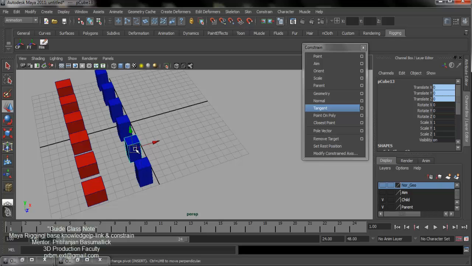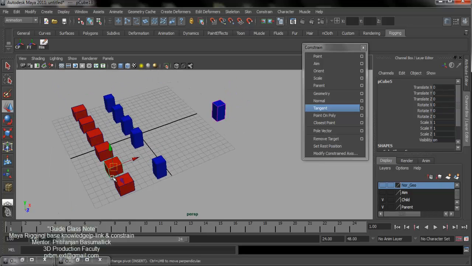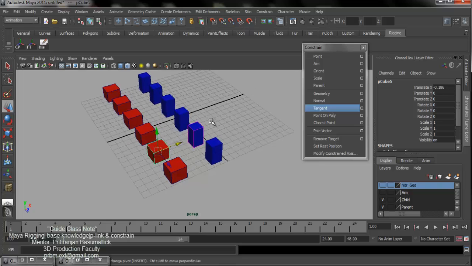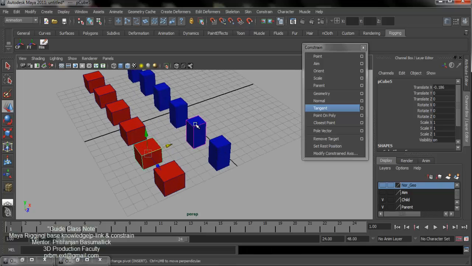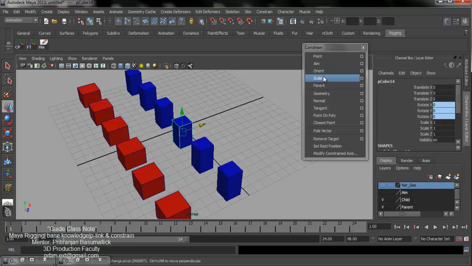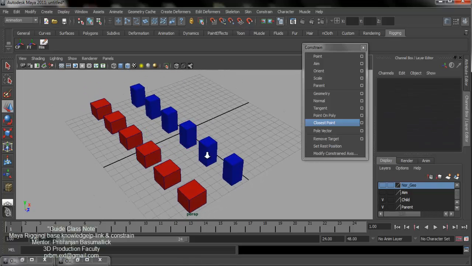Okay, so now I just move my child and then move my parent a little bit. So what happened? The child directly shifted according to the parent position. Okay, so in the p-link, orient constant, point constant or parent constant, any constant, when we build the relation according to the constant, the child attributes are locked and influenced by the parent. Okay, clear?